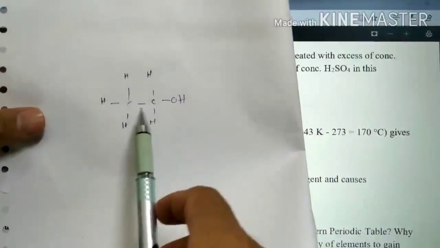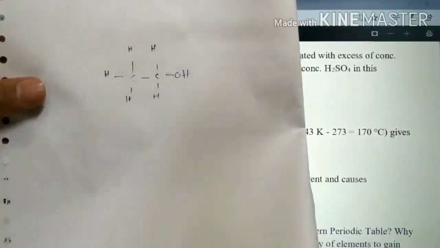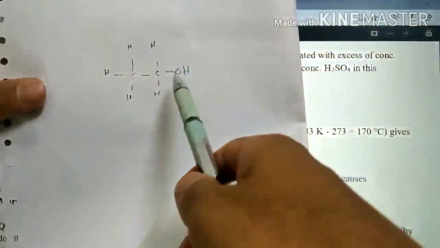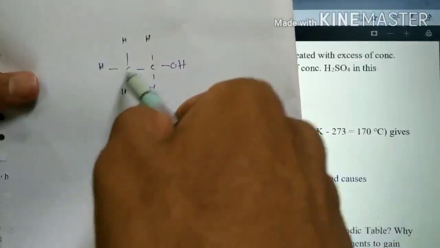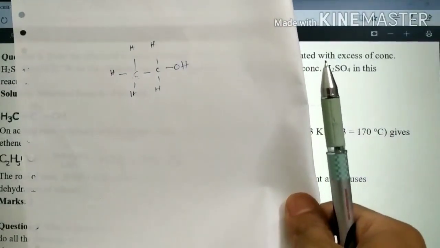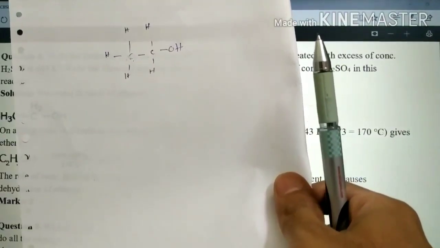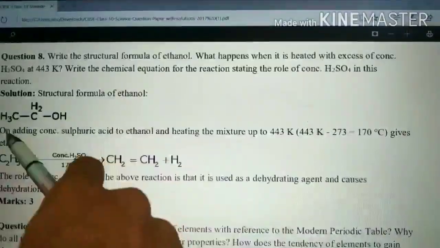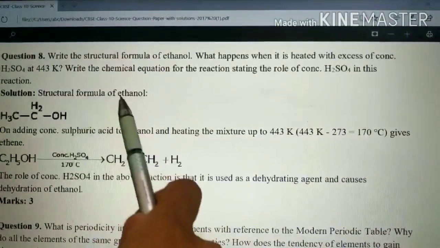Here I write ethanol in this form. We know ethanol has 2 carbon, so I write 2 carbon, and alcohol is a functional group, so remove 1 hydrogen and put 1 alcohol here. Each carbon has a total of 4 bonds, 1 2 3 4 and 1 2 3 4. So that is the ethanol molecule formula. Similarly, methanol, butanol, other aldehydes and ketones you have to practice. This is one example I have given here: 3 hydrogen on this carbon, 2 hydrogen on this one, and 1 hydrogen replaced by the alcohol group. So that is the ethanol formula.